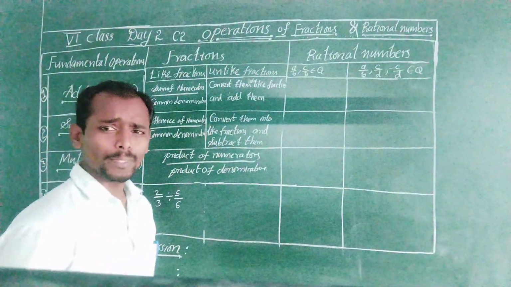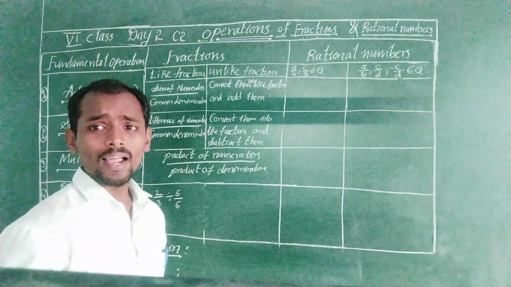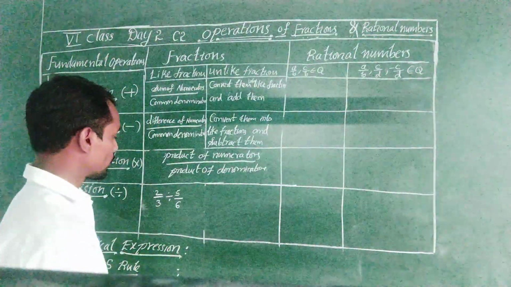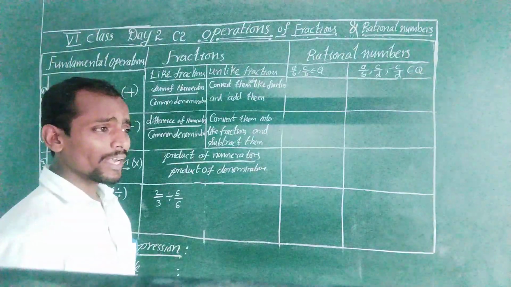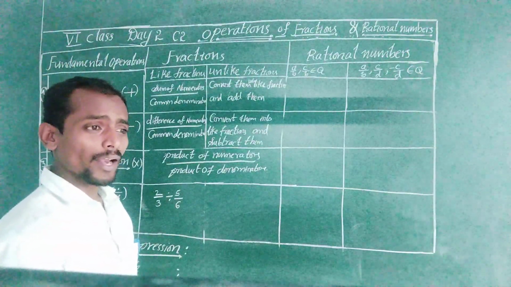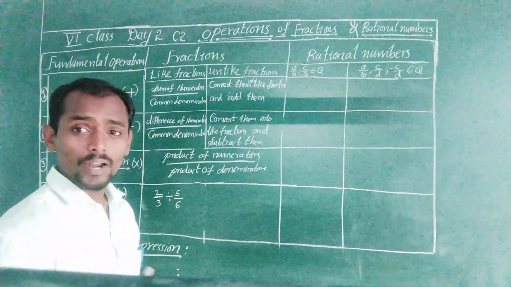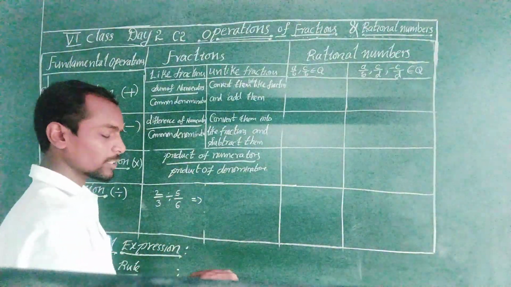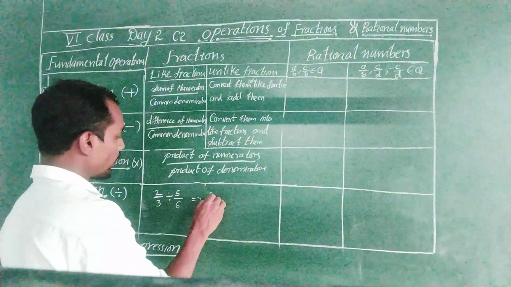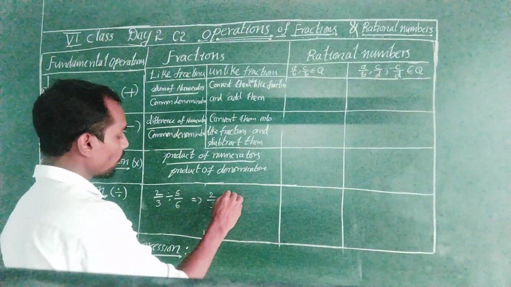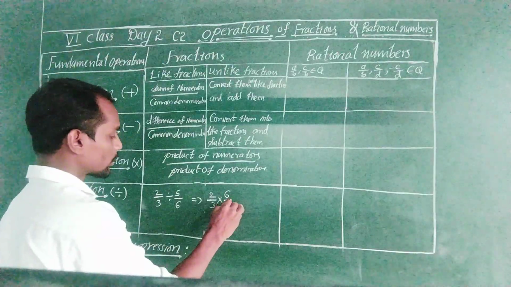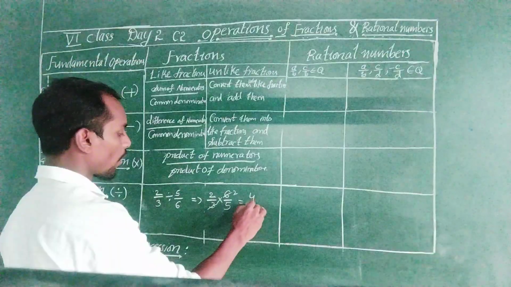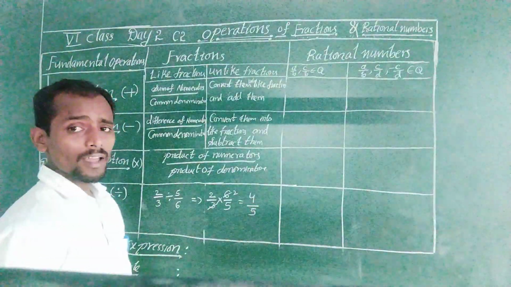If the product of two fractions is 1, then the two fractions are reciprocal to each other. You have to write in the place of numerator the denominator, in the place of denominator the numerator. Just reverse the order. The reciprocal of 5 by 6 is 6 by 5. Now multiply dividend 2 by 3 with the reciprocal of 5 by 6, which is 6 by 5. Now 3 ones are 3, 2s are cancelled, 2 2s are 4 by 5 is the required answer.